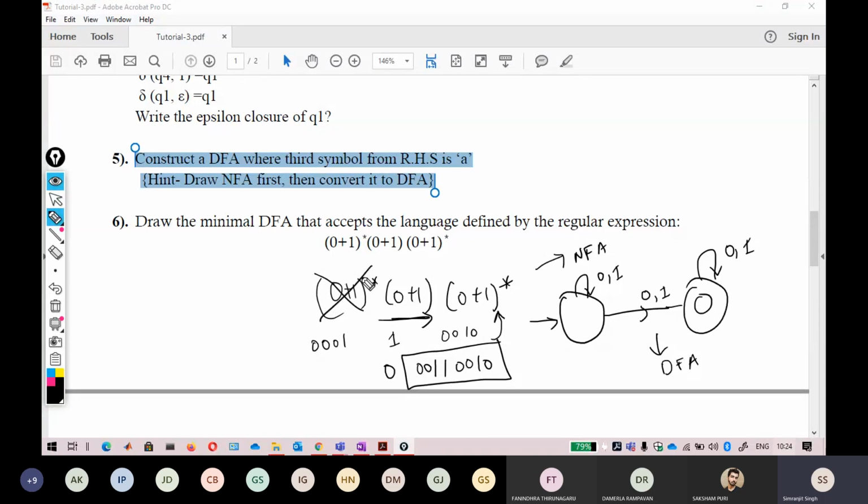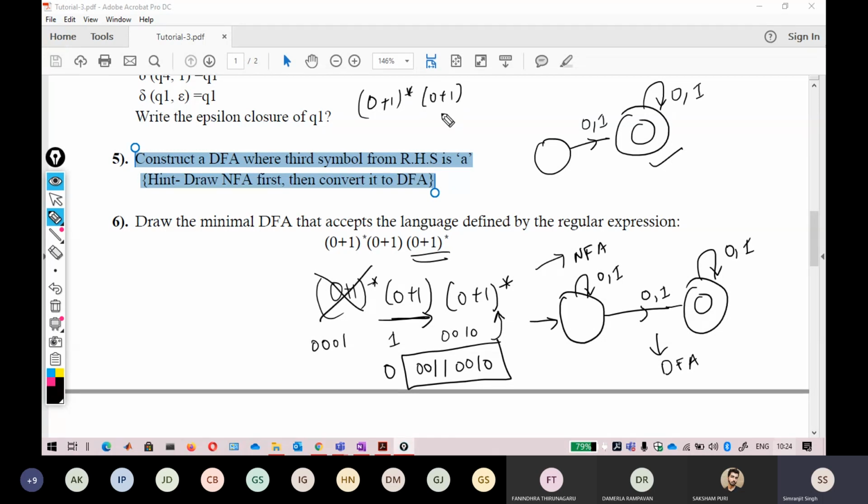Again, this (0+1)* output is accommodated in the last one. If I convert it like this, there is no need for 0 and 1 at the end. All the states coming in the front, that (0+1)* star, are accommodated in the last one. If you think of the expression (0+1)*, any number of zeros and ones could come. Now here only a 0 or 1 can come, after that (0+1)*. So if I delete this, everything coming from here can be accommodated in that.